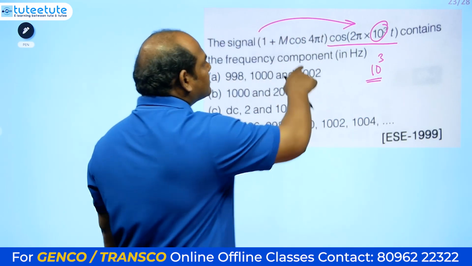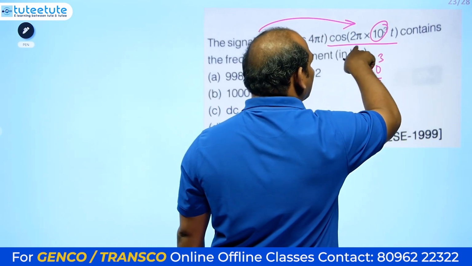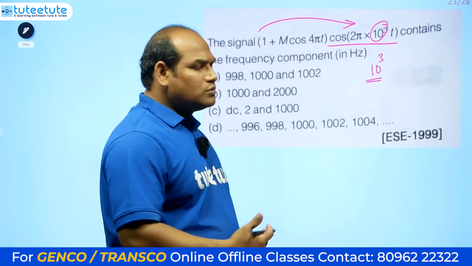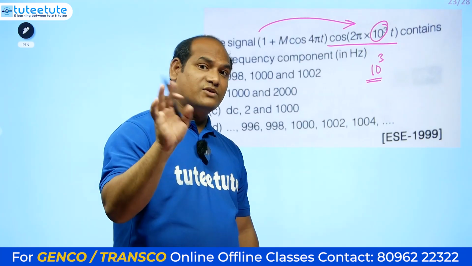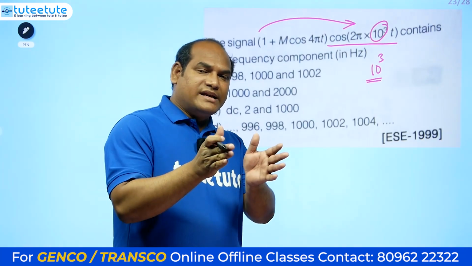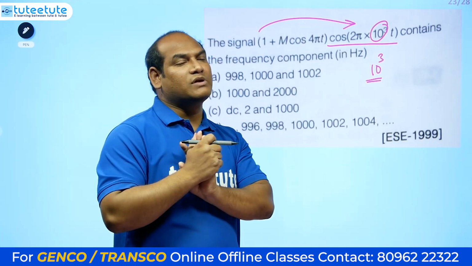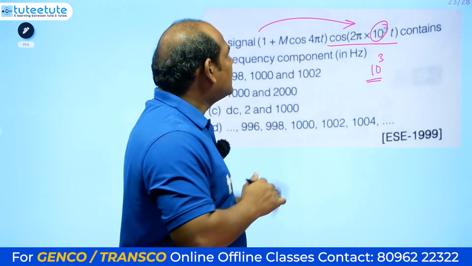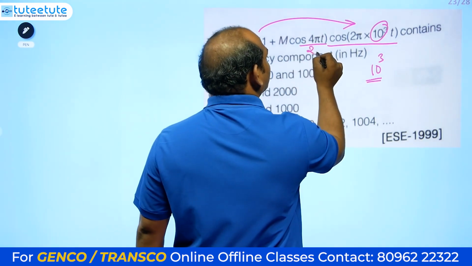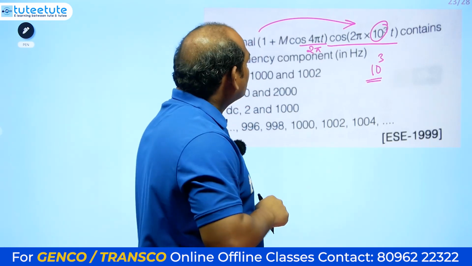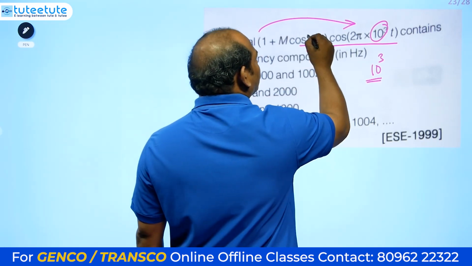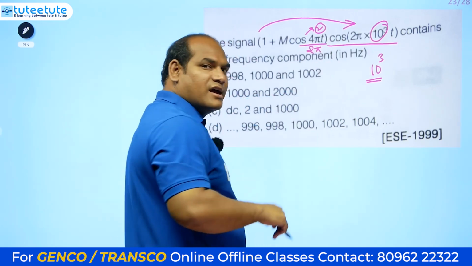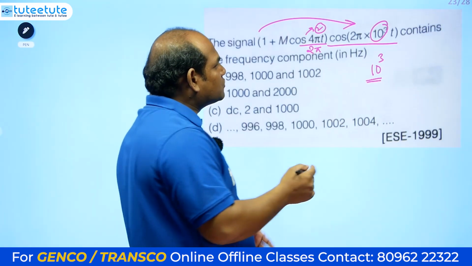Okay, then this cos 4 pi t is multiplied with the cos of 2 pi 10 power 3 t, so it is like cos a cos b. Okay, so you can take 2 cos a cos b, that means cos of a plus b plus cos of a minus b will be there. So a plus b is related to one frequency, a minus b is related to one frequency. Here the frequency is 1000, but here the frequency is just 2, because we need to divide with 2 pi to get the normal frequency f. So if you divide with 2 pi, here you are getting 2 hertz. Here 1000 hertz, here 2 hertz. Okay, so a plus b means these two should be added. So 1000 plus 2.